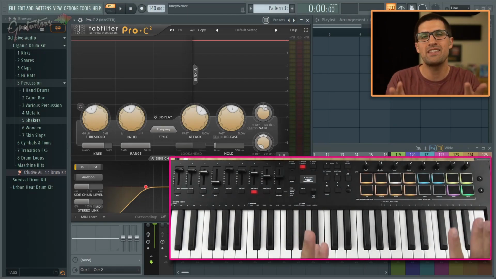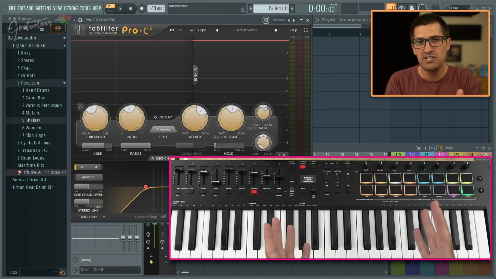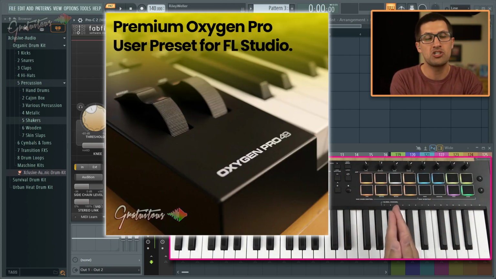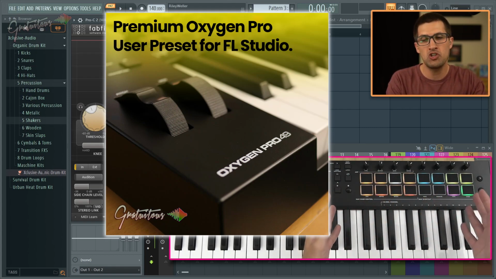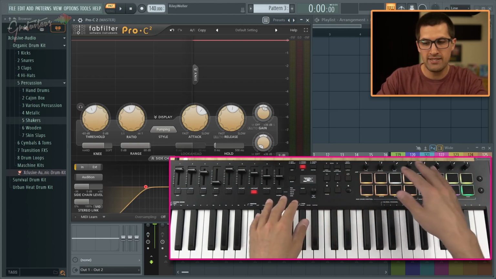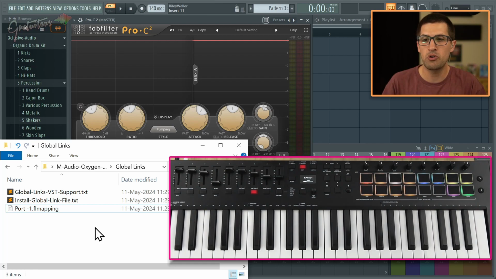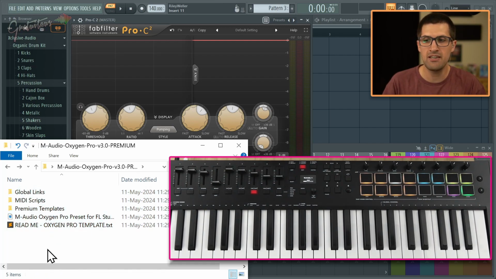I'm really excited to make this video about how I've set up the FabFilter Pro-C compressor with my M Audio Oxygen Pro template for FL Studio for this hands-on experience based off of the drum pads, the knobs, and the sliders. And if you have purchased my M Audio Oxygen Pro template, this is the package you receive,